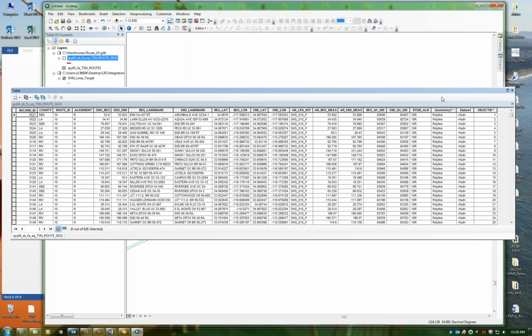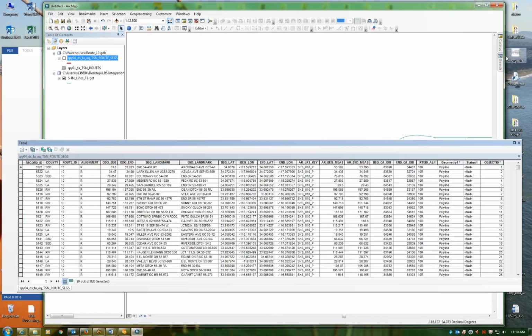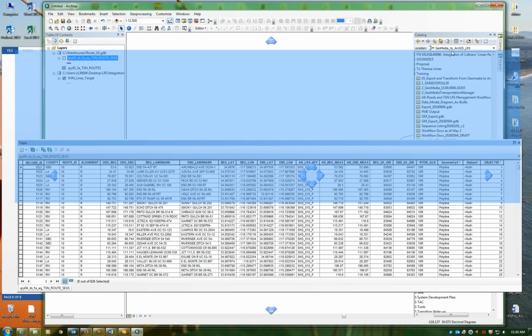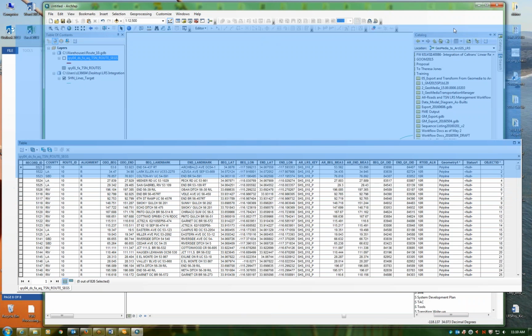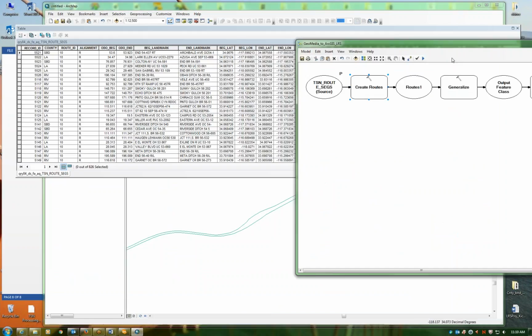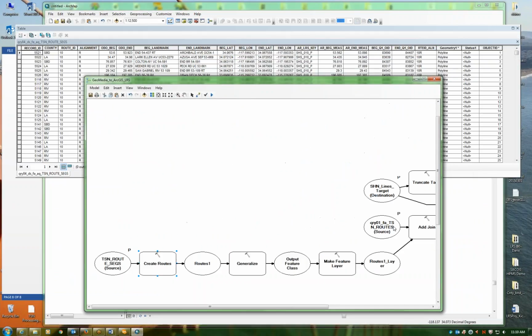The second step is to generalize. So I should back up and say, the result of that create routes process, the result of the create routes,